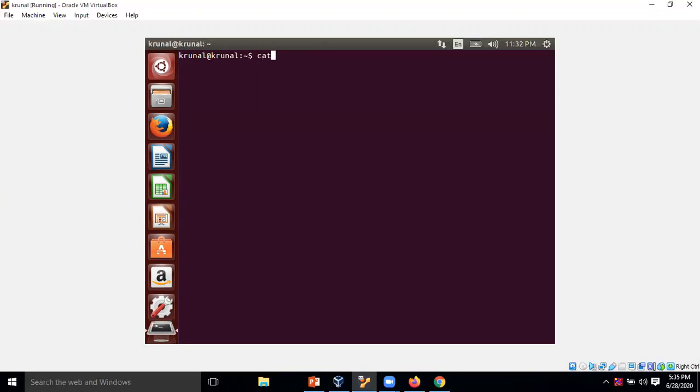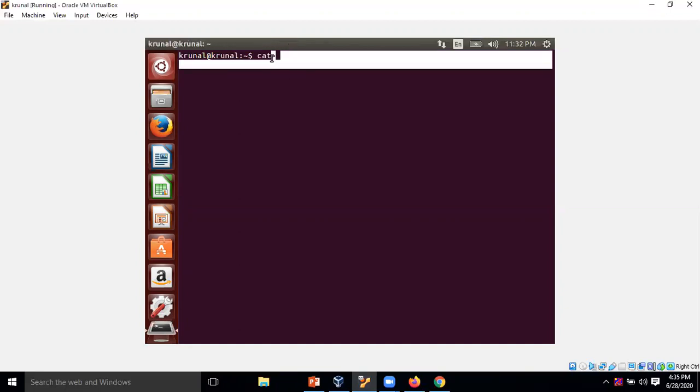So cat, using one special operator which is called the standard output redirectional operator. I repeat once again, standard output redirectional operator.